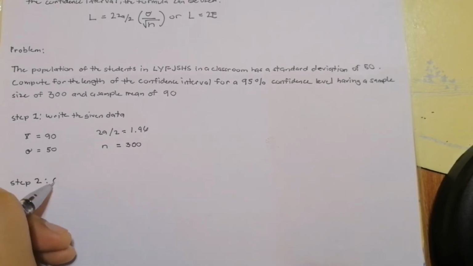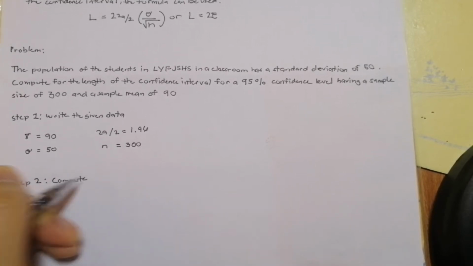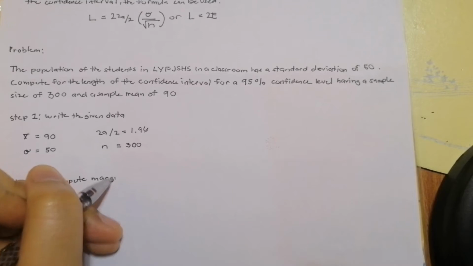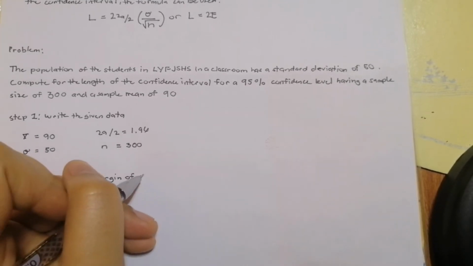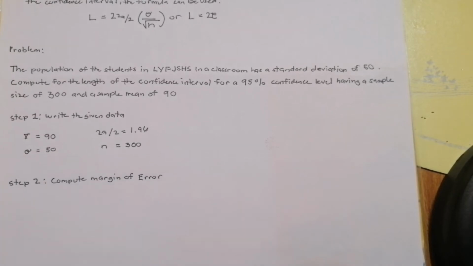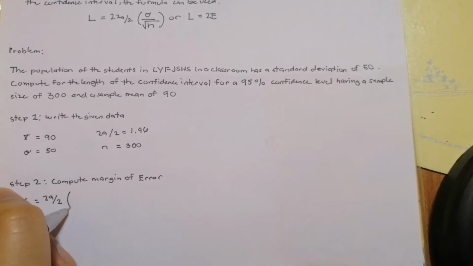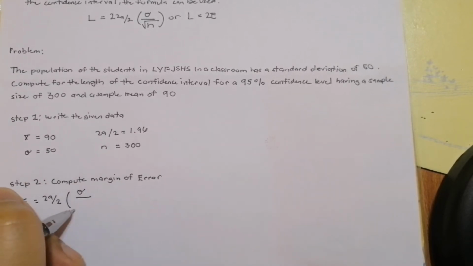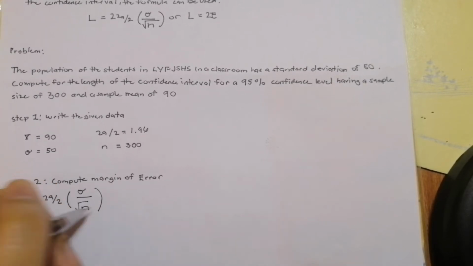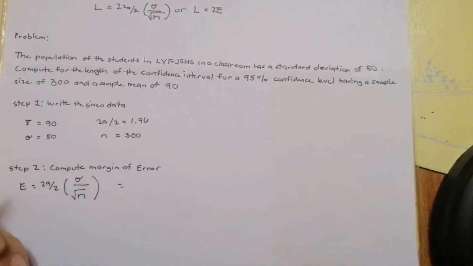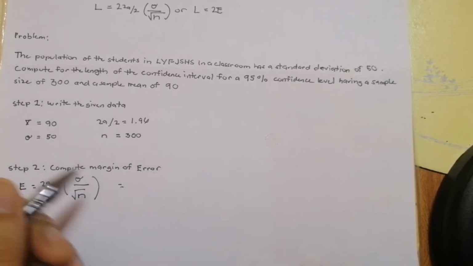We will compute for the margin of error. To compute the margin of error, we will use the formula of the critical value times the standard deviation divided by the square root of sample size. And then we will substitute the given data using the formula for the critical value